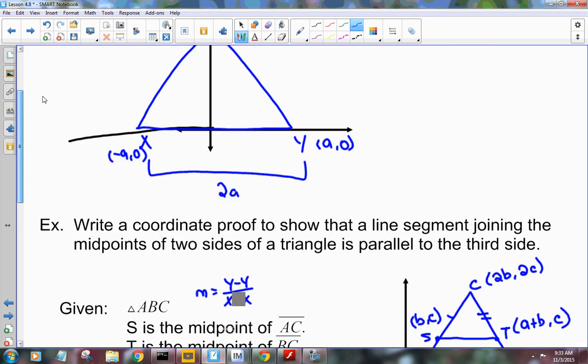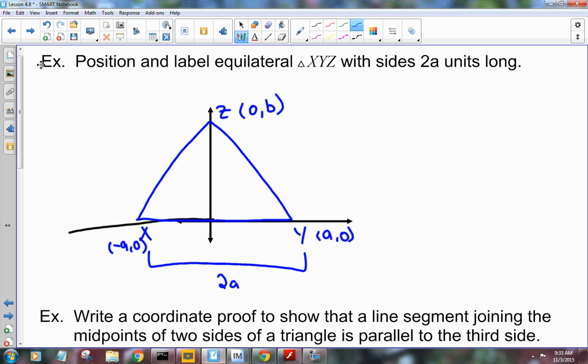The main thing that we're going to do today is this. That's easy. Yes? That's easy. So you're going to label and position these triangles, okay? Any questions? Alright, our assignment is